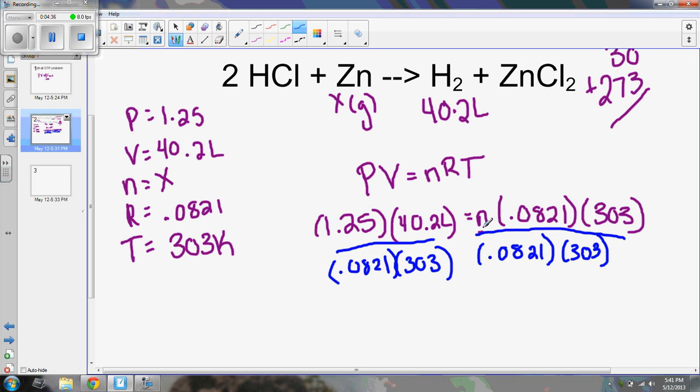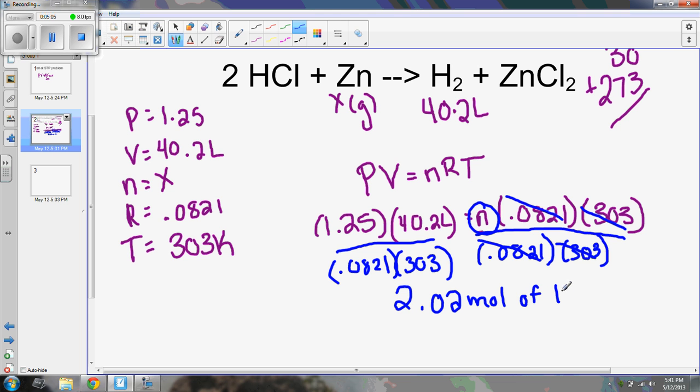What's going to happen is this is going to cancel out. I'm going to be left with just N, and I can plug this whole thing in my calculator, 1.25 times 40.2, all divided by 0.0821 times 303, and I get a total of 2.02, and this is N, so it's moles